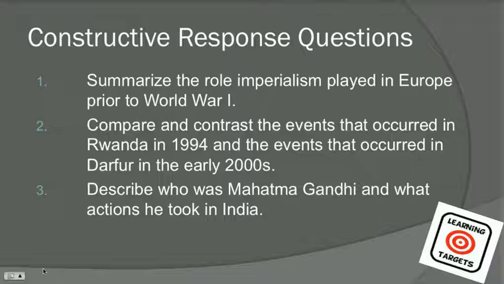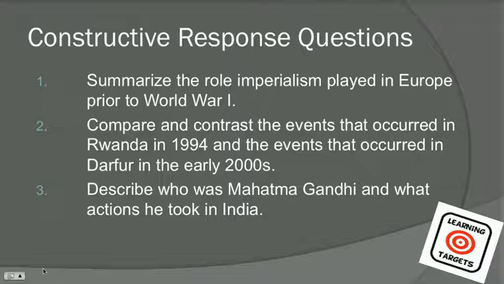The second thing we're going to look at are 2 different events in Africa that resulted in the death of a lot of people. We're going to look at the events in Rwanda and in Darfur. So we're taking 2 events and putting them into one question. It says compare and contrast the events that occurred in Rwanda in 1994 and the events that occurred in Darfur